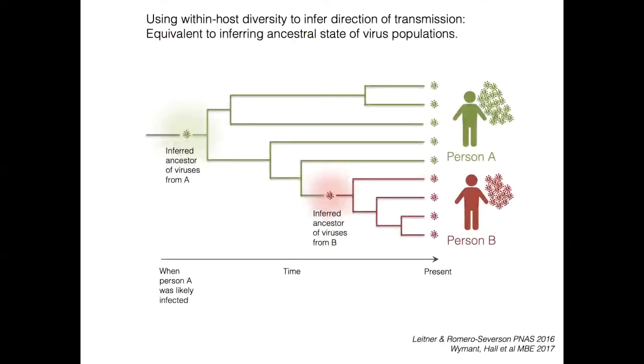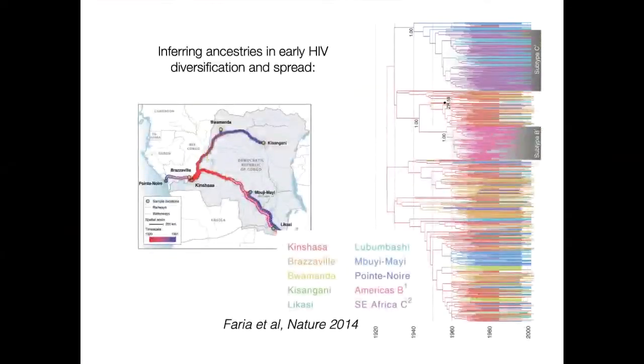We've shown some conceptual phylogenies such as this one that we use to infer transmission, and we've shown some broad scale ones such as this one that is used to infer the migration of the virus across different regions of Africa